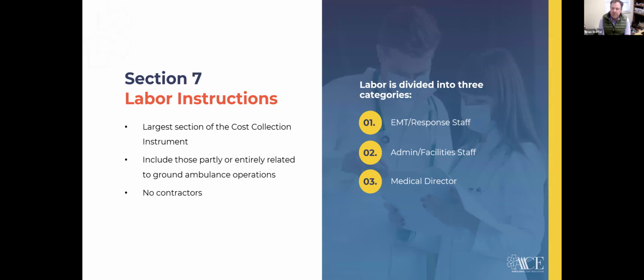So a couple of things that will definitely help you get through this section with the least amount of confusion is this is only your employees, meaning those individuals which are W-2 employees. This is not looking for independent contractors or any other person that performs services for you pursuant to a contract. So for instance, this is not looking at if you employ a billing agency, the employees of your billing agency. This is only your employees.